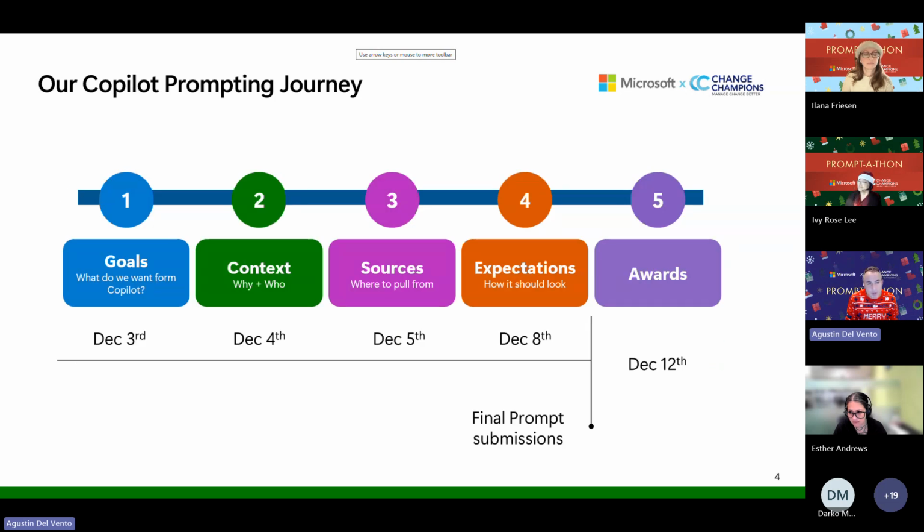And for our journey, today we're in day 2 in context. Yesterday we explored goals, and then tomorrow we're going to talk about all the types of sources you can gather to help Copilot give you best answers. And next, expectations. Towards the end, we're going to have you submit your prompts, and then we're going to have